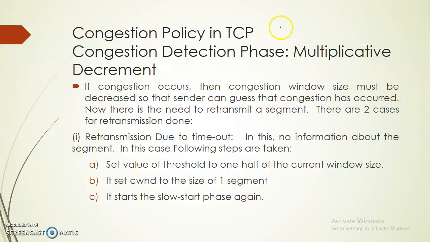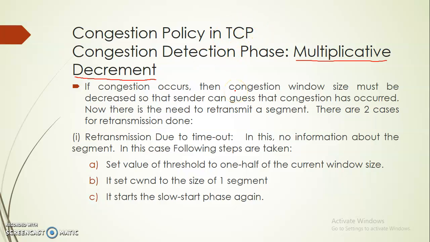After that is the congestion detection phase. If congestion is detected, in that case the multiplicative decrement phase will run, right? ध्यान से देखिएगा बच्चे से. Multiplicative decrement phase. In case of multiplicative decrement, there will be 2 cases when the sender will see there is a